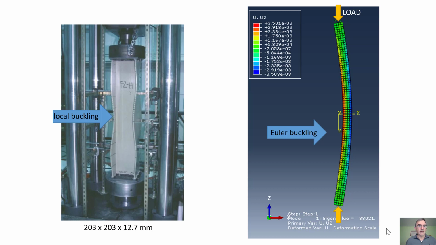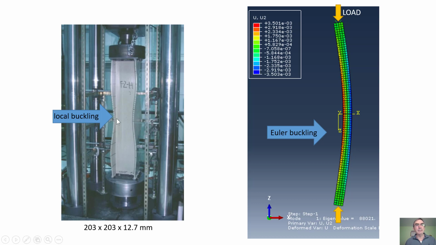So here you see on the left what we will call a short specimen of a wide flange I-beam. The wide flange I-beam has these flanges, and when you apply the load vertically with this testing machine, the column will buckle in what we call a local buckling mode. In the aerospace industry, they will call it crippling, where some portions of a cross-section buckle, as you can clearly see here with a sinusoidal shape, but overall the length of the column remains straight, and this is what we call a local buckling load.